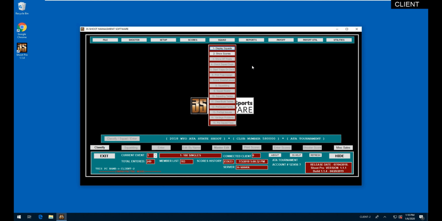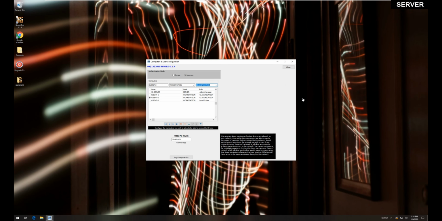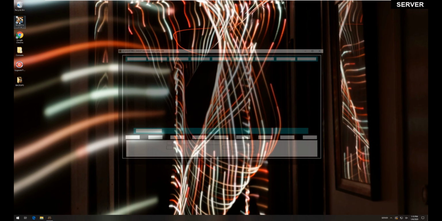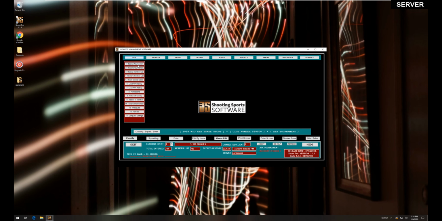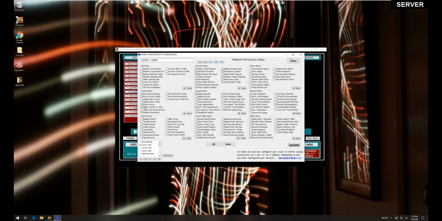Now we could always do the same thing for our squadders. So I'm going to go back over to the server, close out of our network setup, reopen Shoot Pro, go to the File menu, go to Permissions. I'm going to add a new group. I'm going to call this Squadding, hit save, and now I can say that I